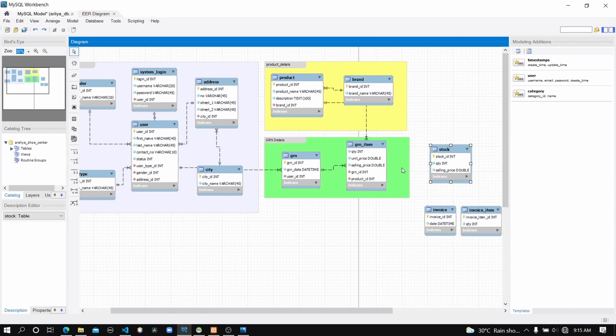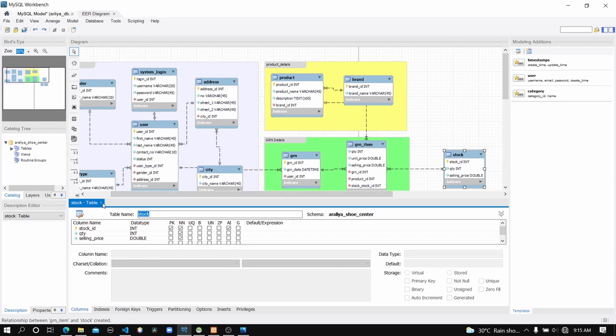Okay, there's a one relationship from GRN item to stock table. Now we can establish this one. GRN item table should be the table which has the foreign key from stock table. So let's click that one first and then the stock table. Okay, here we establish that relationship too,